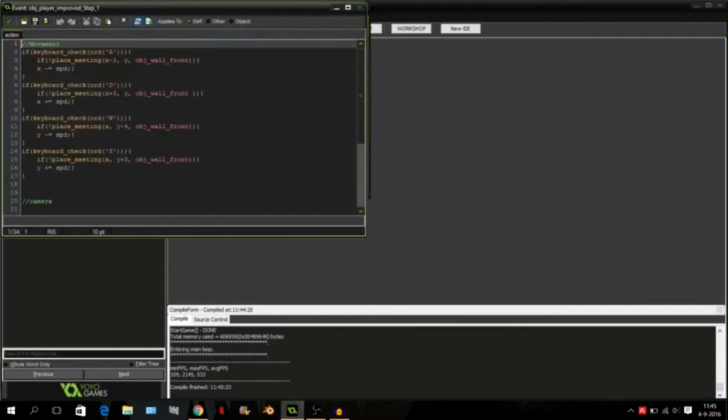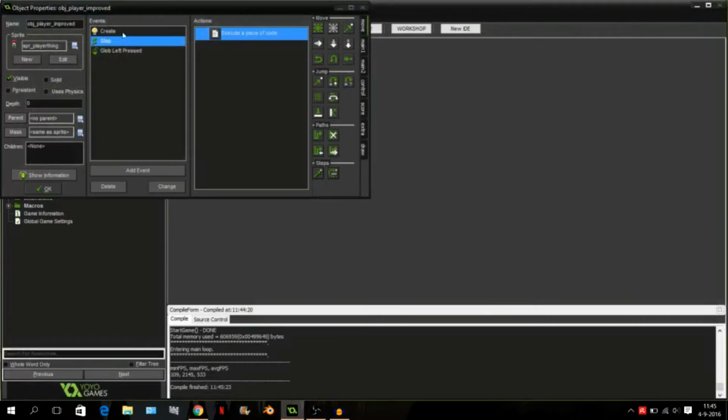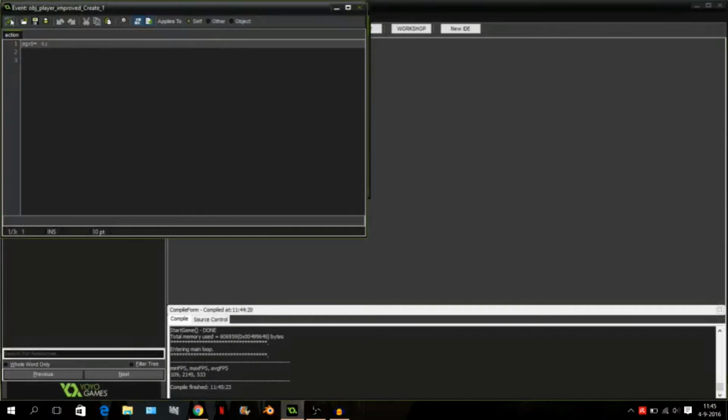So here I have my movement script, and what it says is that every time I move, it checks if keyboard A is pressed, or the WASD, one of those, and then it says that x minus equals speed, and the speed is a variable that I made at create. That's 4. I can change that,